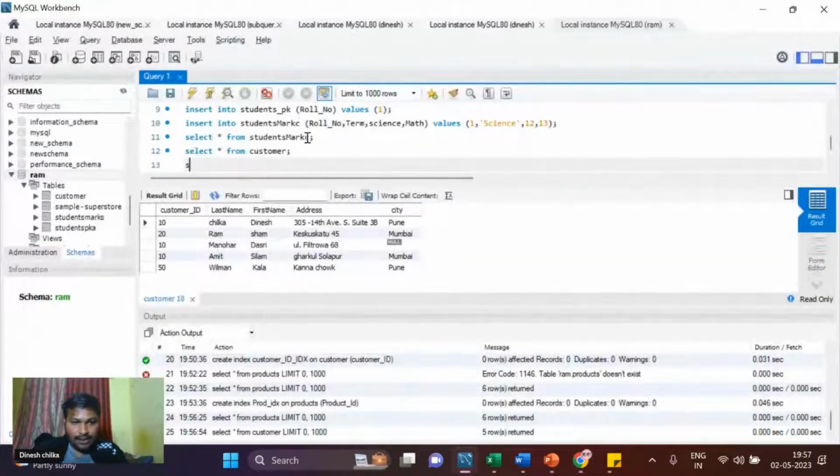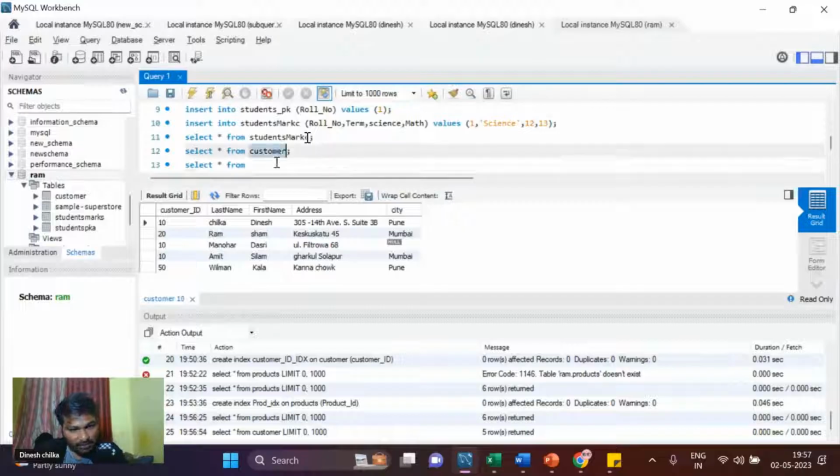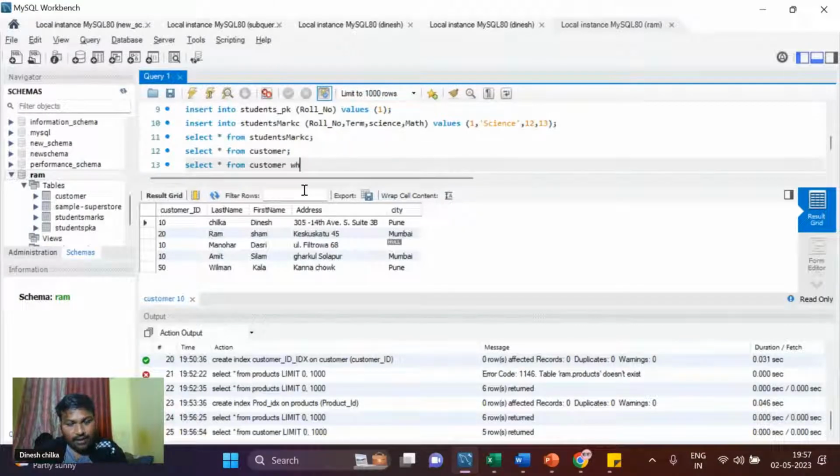Let's check that. Select, I start from customers. Now use a where condition to specify the records. What is my requirement? I want to know how many customers are in Mumbai. Now city is equal to, the operator. Which city are you checking? I am checking Mumbai. Use semicolon,